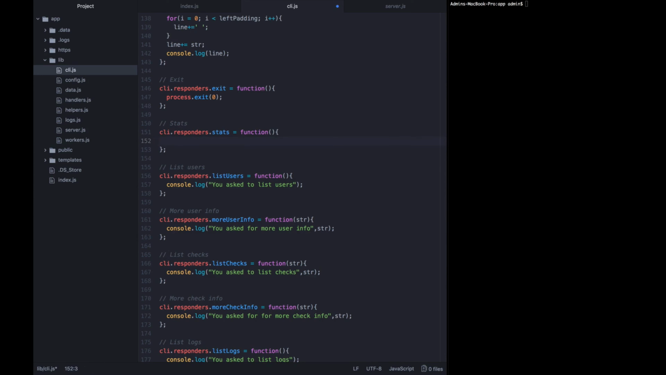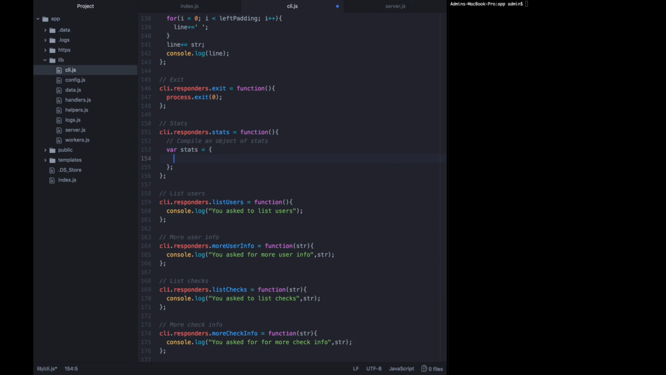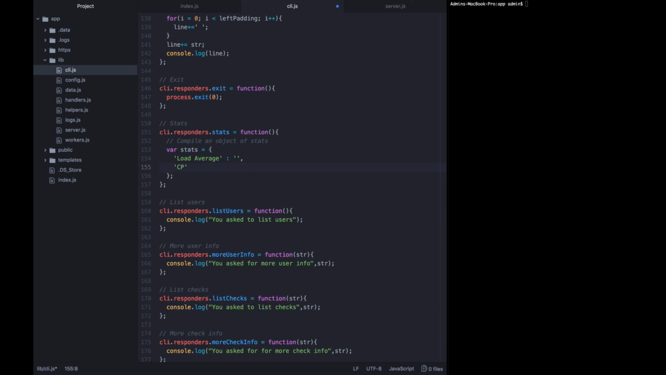CLI.responders.stats. And the first thing that we're going to want to do is compile an object of stats. That object's just going to be called var stats. And now we'll go ahead and fill in the keys. We'll come back to the values in just a moment. The first key is load average. And then we're going to do CPU count,